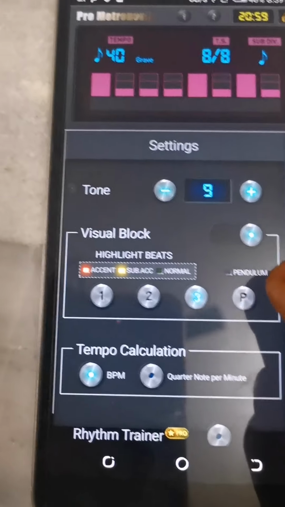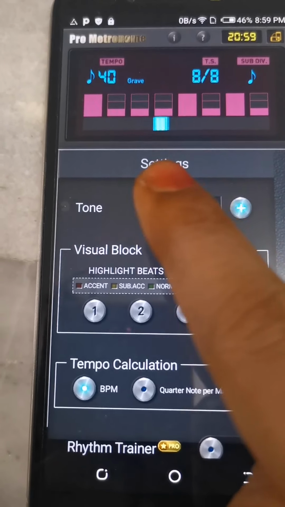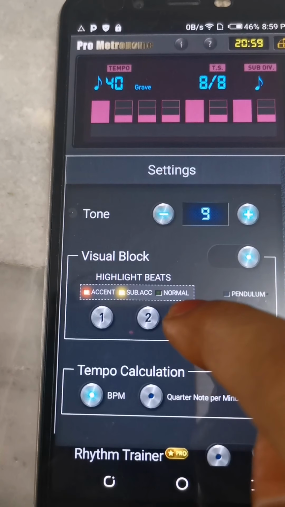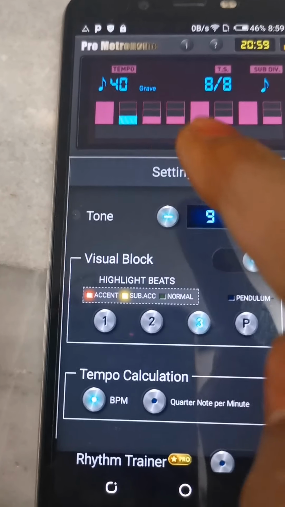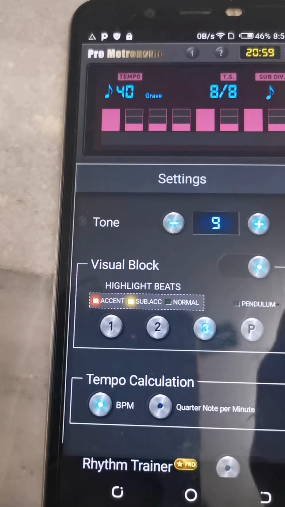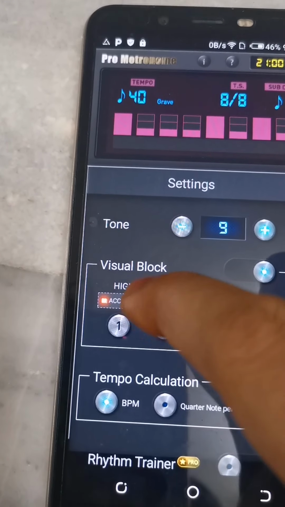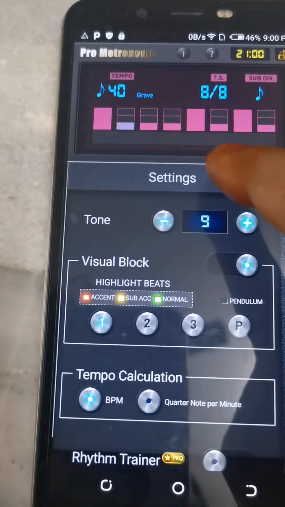And here if you want the pendulum, you can click on the pendulum. So you will see the pendulum moving here and there. If you don't want, you can just click the other option. So for talam alone, you will see a blink here. So whatever option you want, you can click one,